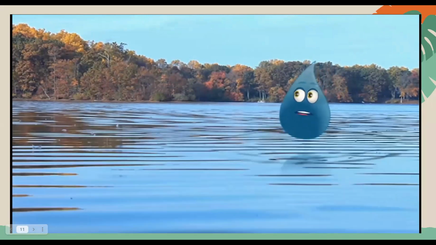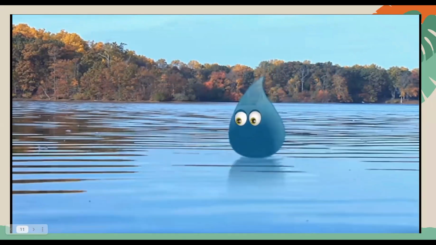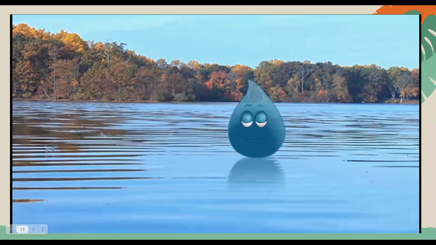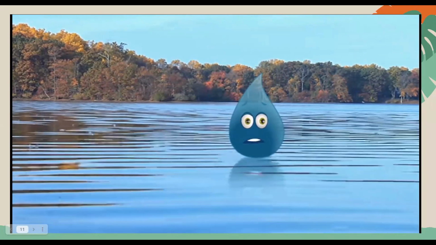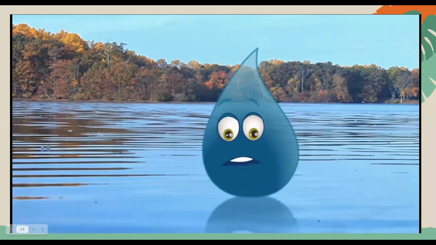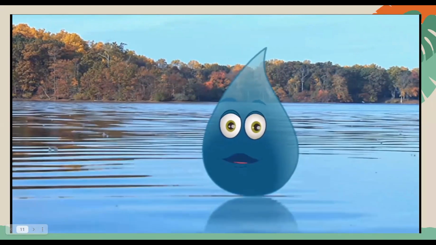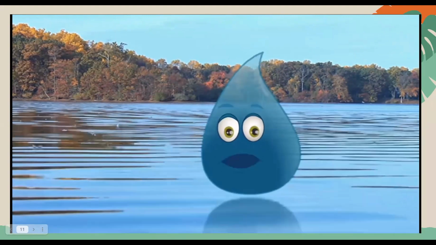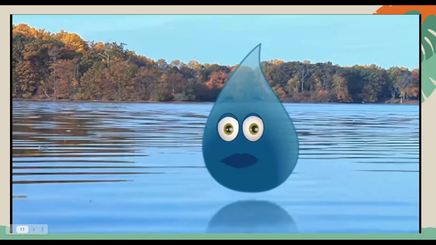Nature. So beautiful and calm. Hey, Splash, did you know that reservoirs like this are one of the places where we get our drinking water? Wait a minute there. You don't want to drink this stuff. I'm telling you, I've been in a lot of water, including this reservoir. You know what's in there?